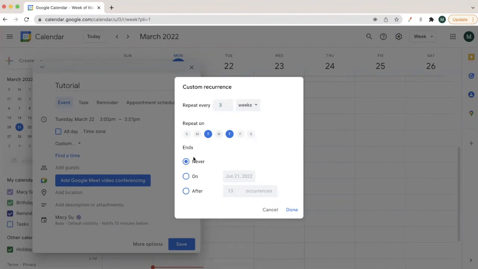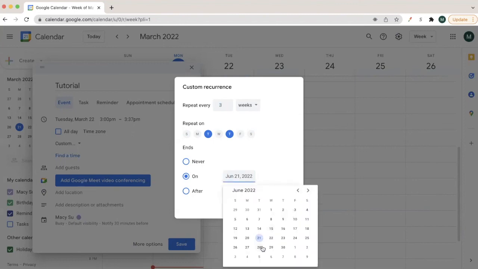You can also pick a day and a time when this ends. If this event never ends, you can hit never and it continues on forever. Or you can pick a date that it ends on. So for instance, this event of tutorial will end on June 21st, 2022. Or you can change the date here to any other date. So let's say I wanted to end on